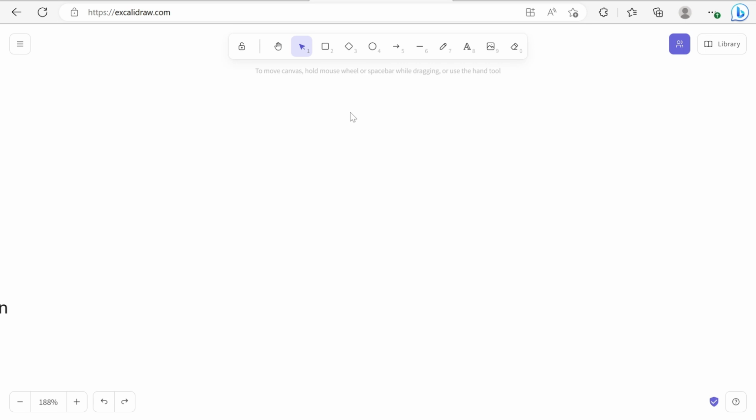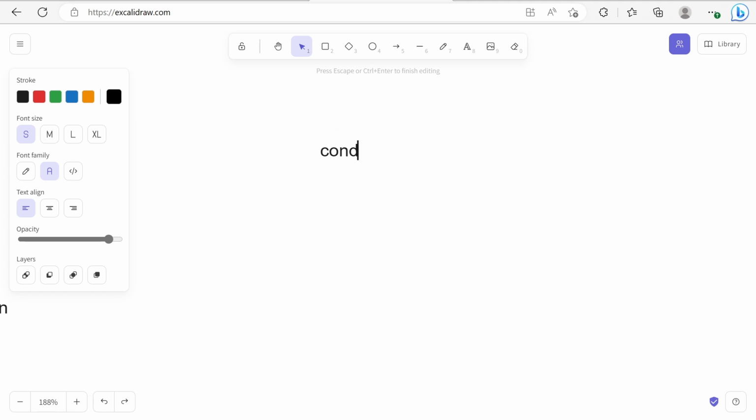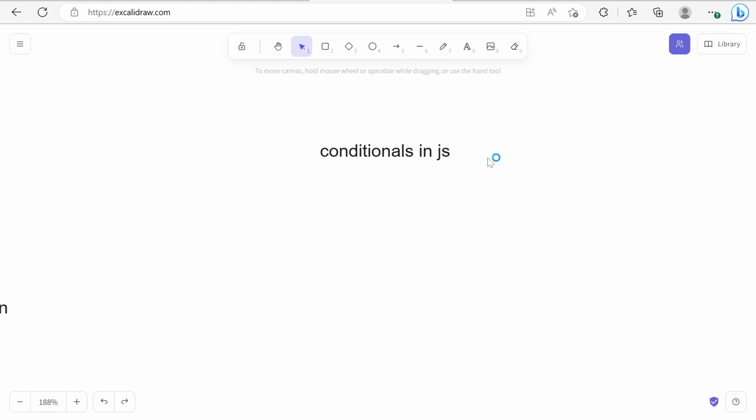So hi everyone, today we will be discussing conditionals in JavaScript. So what are conditionals in JavaScript? Whenever you are writing a real world application or creating a web page, there is some logic you need to build. There are some scenarios you need to follow. Depending on one scenario, you do one thing, and depending on a second scenario, you do something else in the web